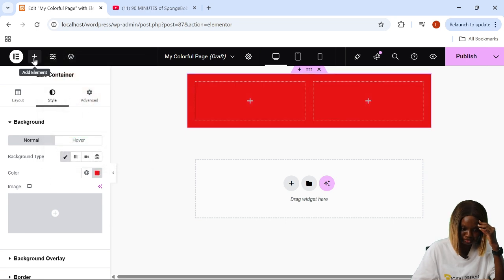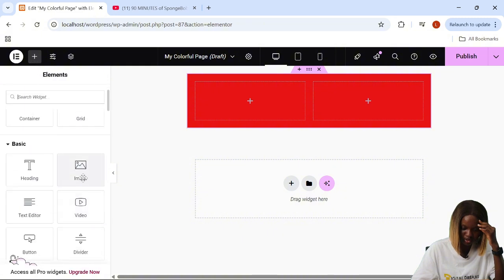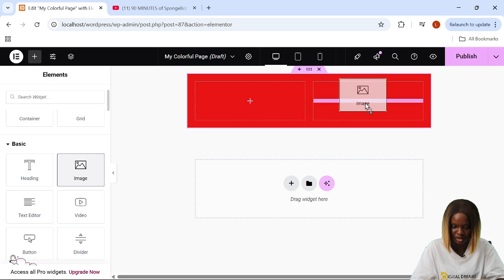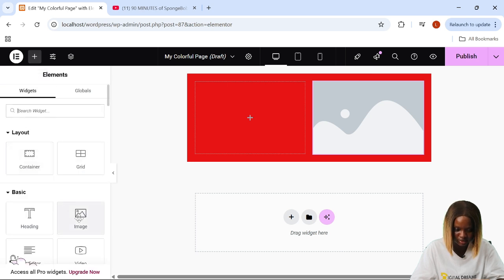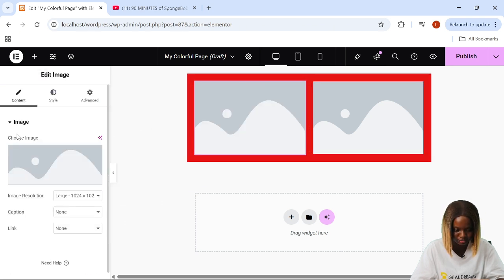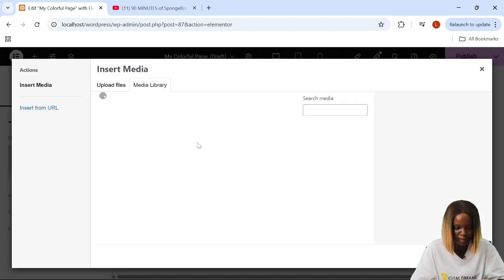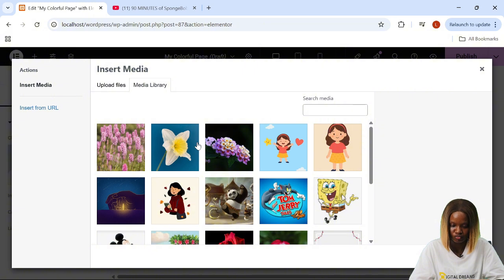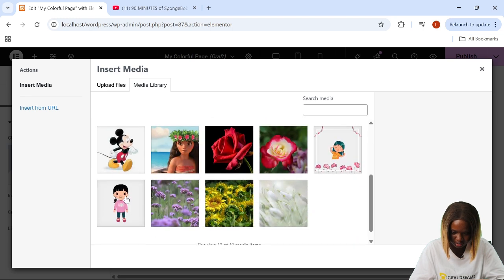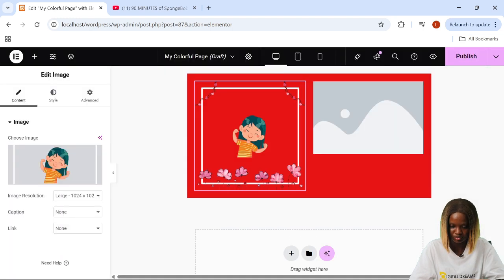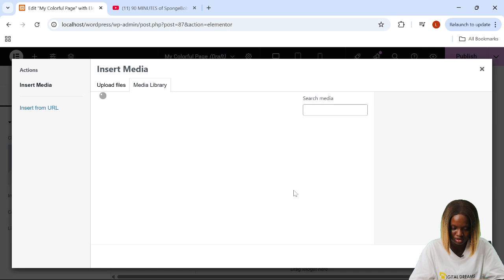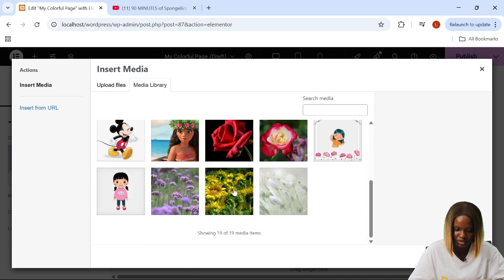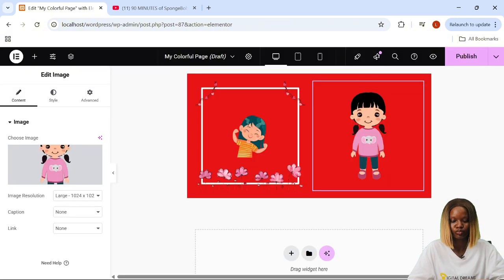Alright, so we're going to add an image here. So let's add another one here. Okay, so where was that image? It was this. So choose another image. So I think I'll just choose this. Okay,